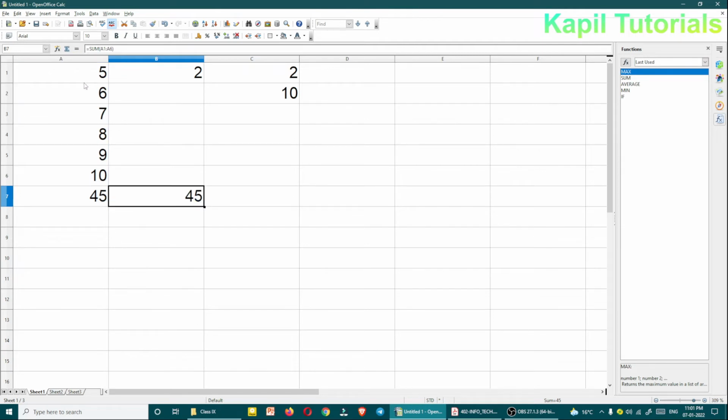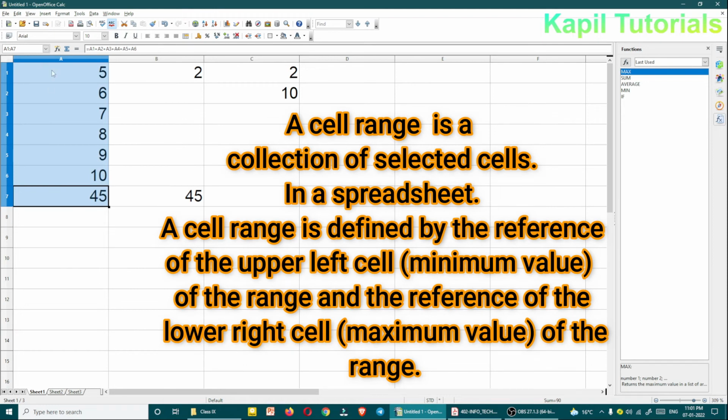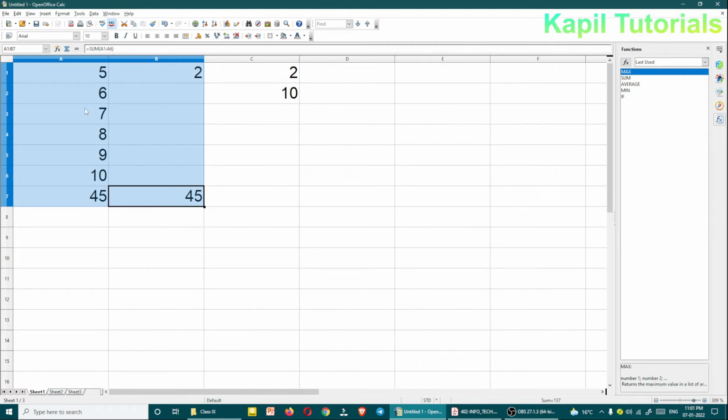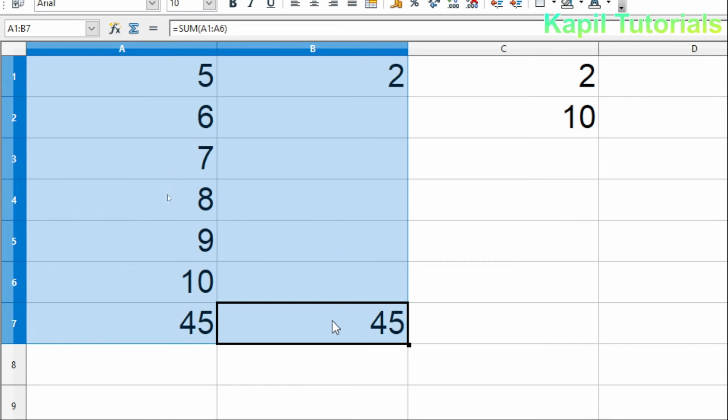So whenever we are selecting the data, suppose from here A1 till A7. Now I have selected a range A1 to A7. Range is just simple combining of cells with each other, touching with each other. So here we have to see the starting cell address and ending cell address. The range could be in this way also, like from A1 to B7. Why B7? Because A1 is here, and B7 is here.